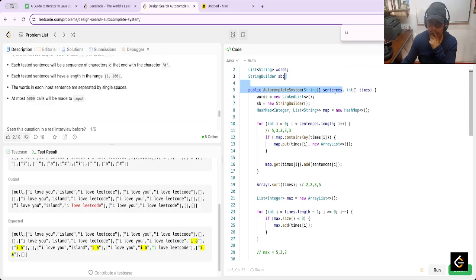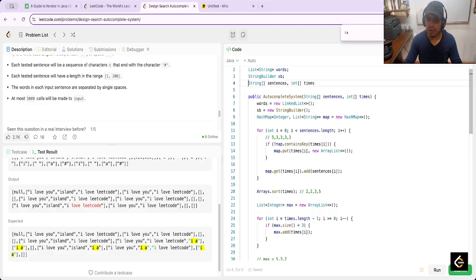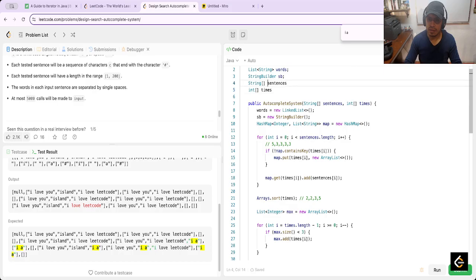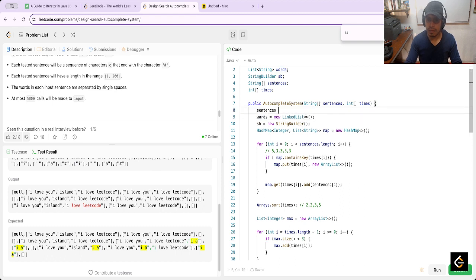No, I need to, yeah, I need to call this autocomplete system function again, but in this case, for example, this dot sentence is equal